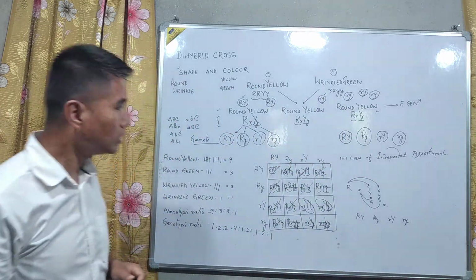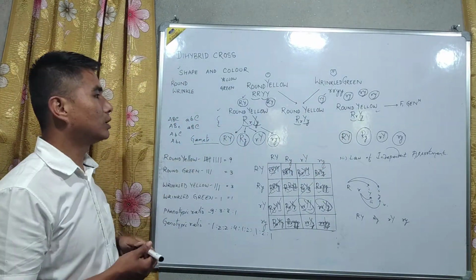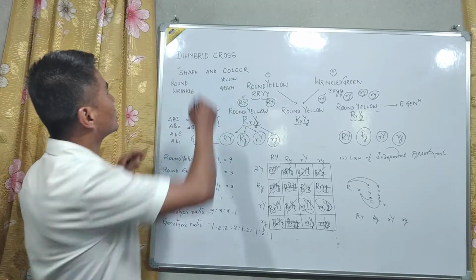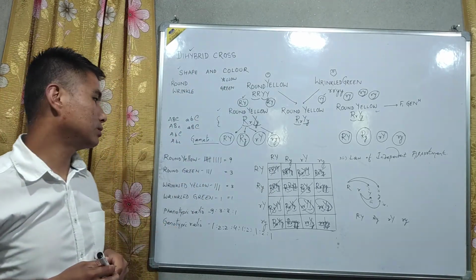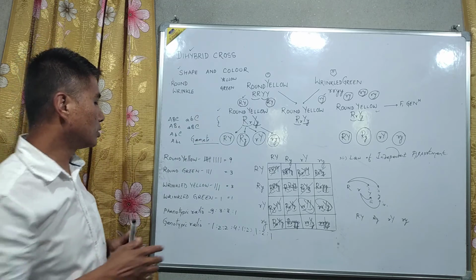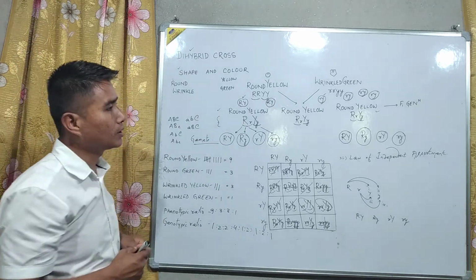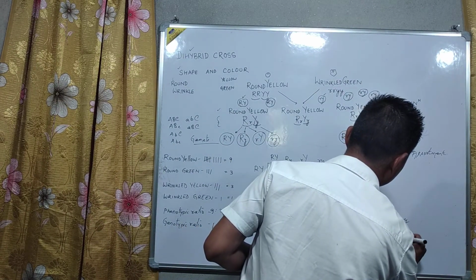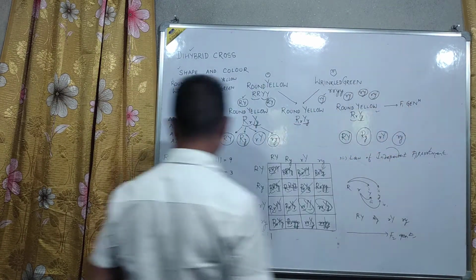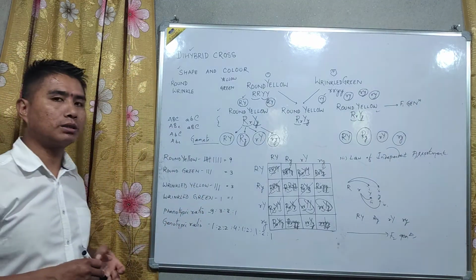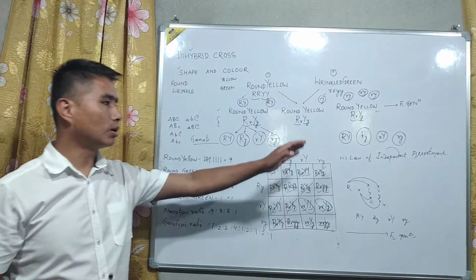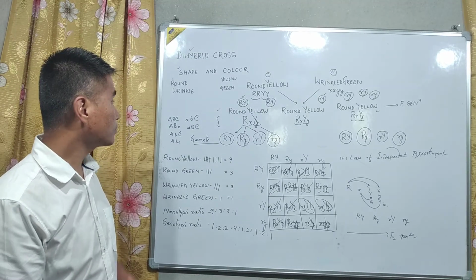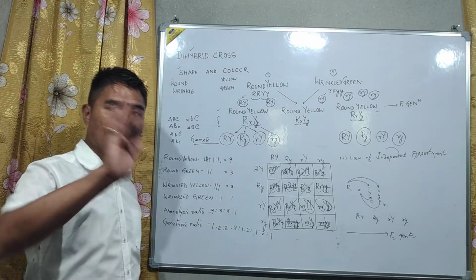This way, if you do it, then it is a dihybrid cross. This cross was done by taking two characters into consideration, which is known as a dihybrid cross. Okay, students, you need to go only up to the F2 generation. At your level, only the phenotypic ratio will come, but the genotypic ratio may not come. And the Law of Independent Assortment you may have to define, in fact, write. So kindly go through it. Thank you very much.